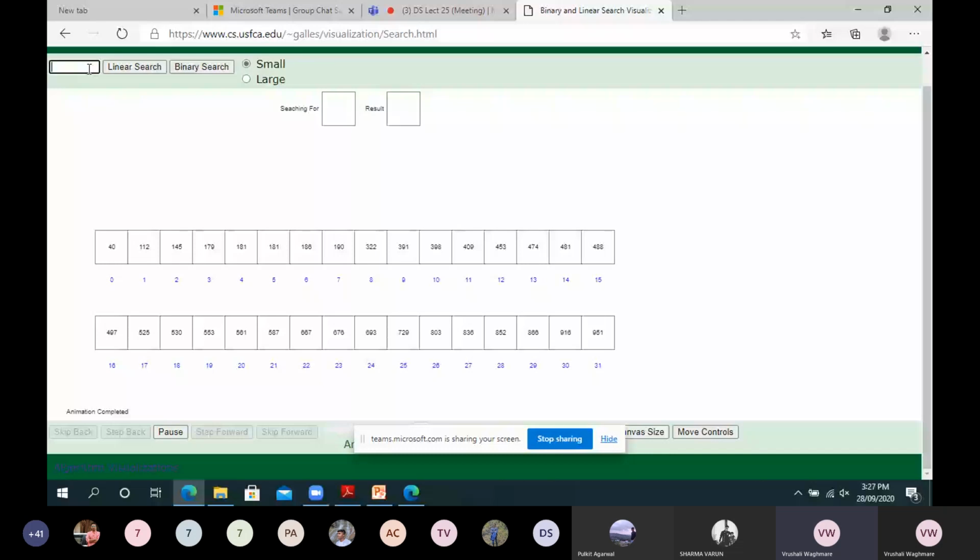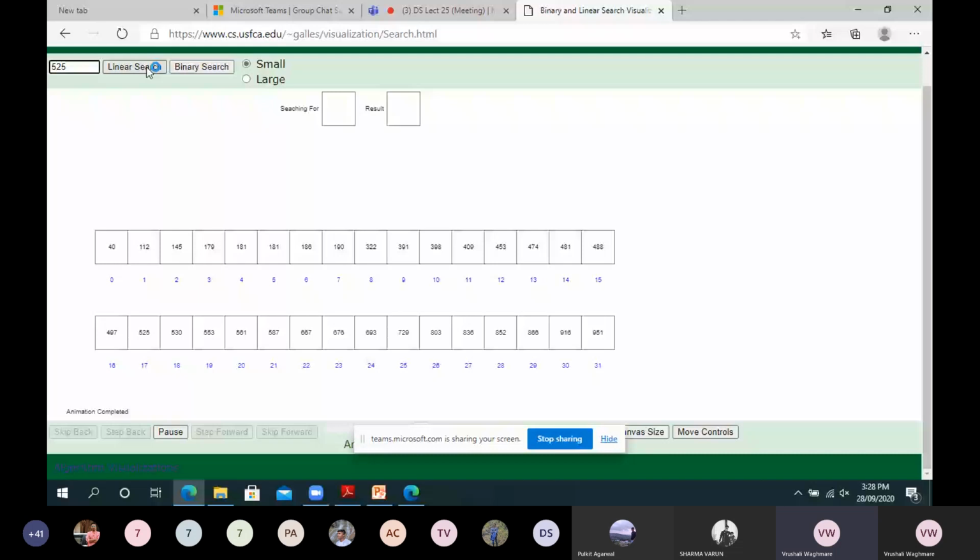Okay, now two boxes are there. The first box will show what we are searching for and what our result will be. Suppose I have to search for the element 525, and I will select linear search. Now see how it is checking.